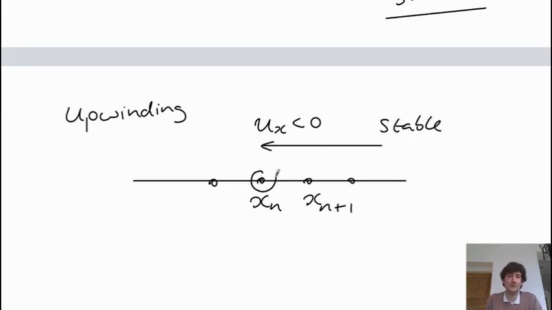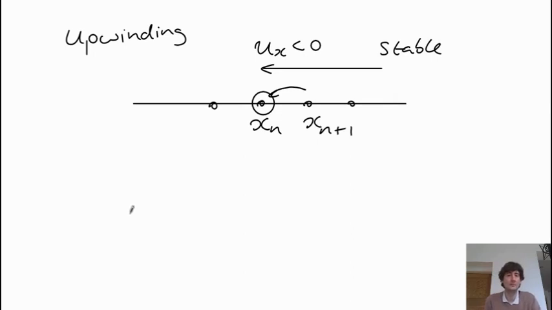The rate of change of this quantity with time depends on this quantity here. So we're using values here to calculate what happens here. And physically this makes sense, that we're taking information from this grid point and using it to update this value here. And this is physically what's happening in the real system as well, that fluctuations or matter are flowing from here to here. And so information is flowing in the same direction in the simulation as it is in the model, as in real life. The opposite is if we have downwinding,